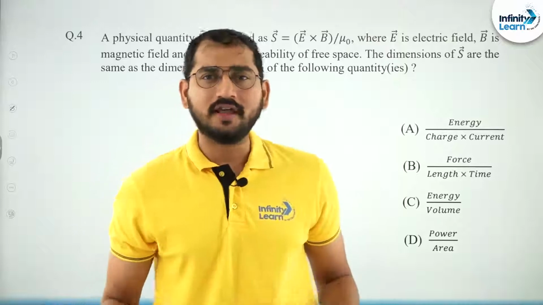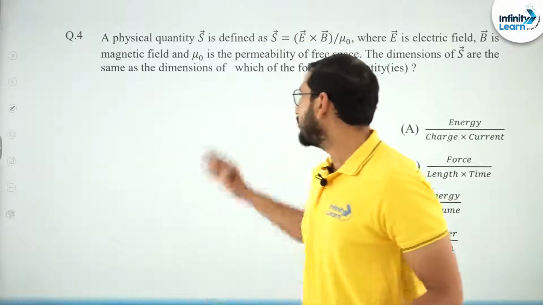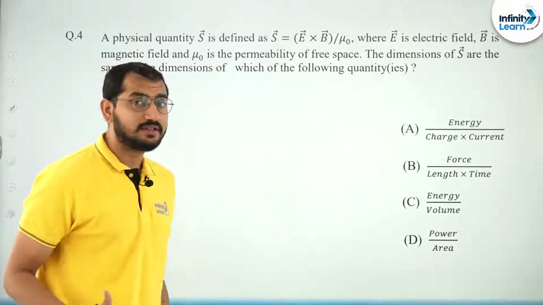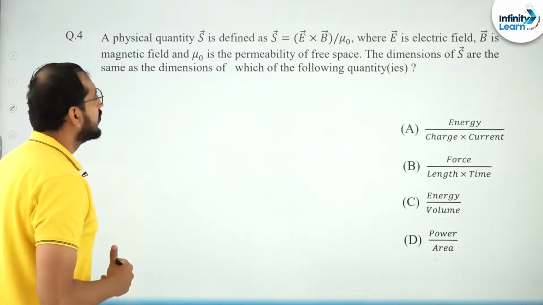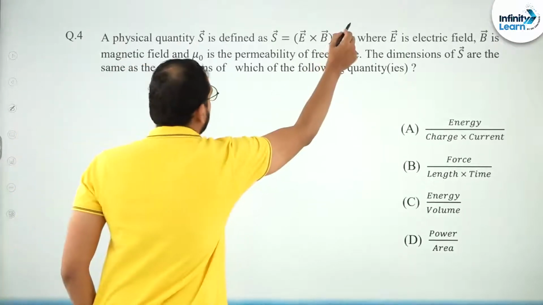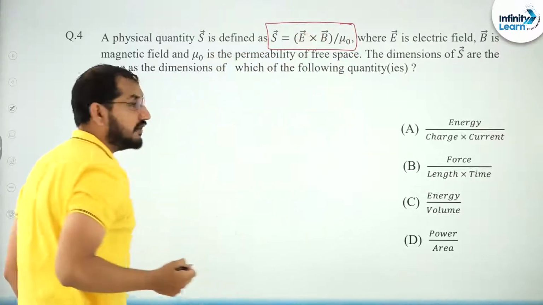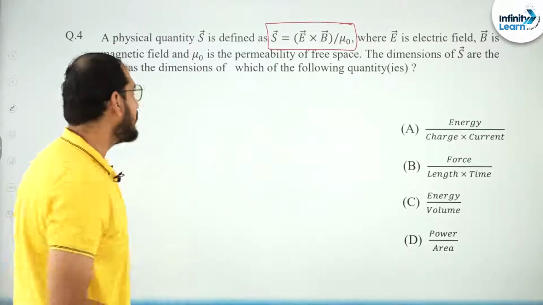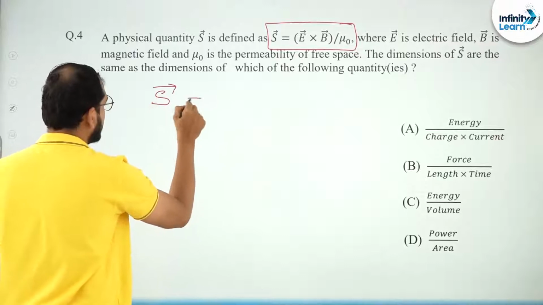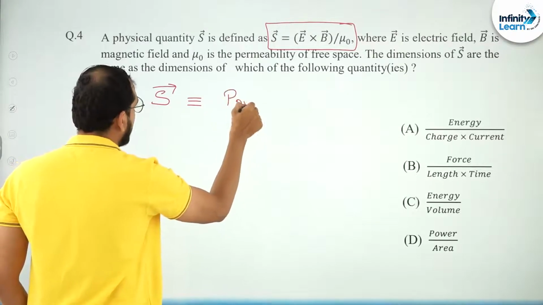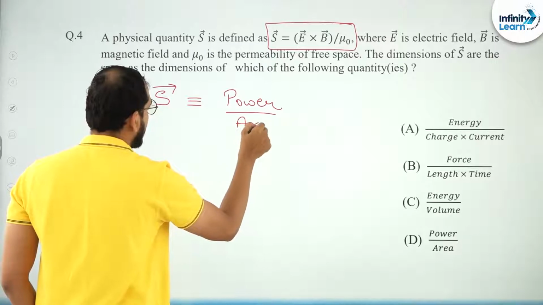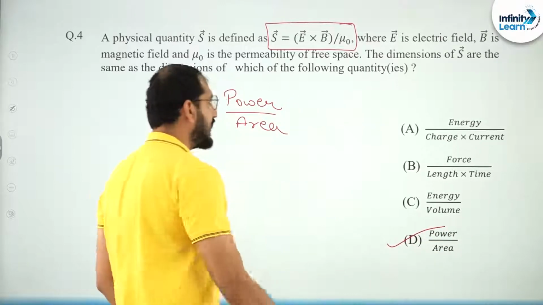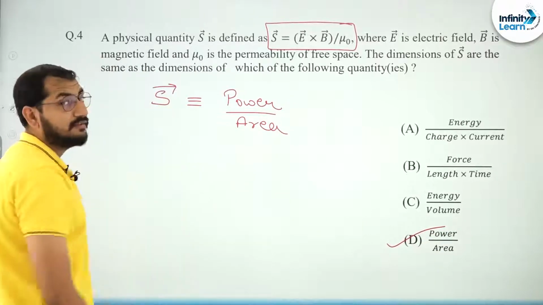So now moving on to our next question, guys. Here you can see that this question belongs to the dimensional formula category, and this is one of the easiest questions that Advanced has asked. Here a formula is written, and if you have studied electromagnetic waves, then you must know that this vector S represents the Poynting vector, right? The Poynting vector is proportional to power per unit area, that we can directly say, and the direct option is also available, that power upon area is the dimensionally equivalent quantity for this Poynting vector, right?